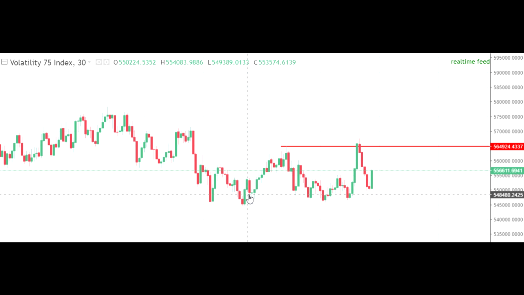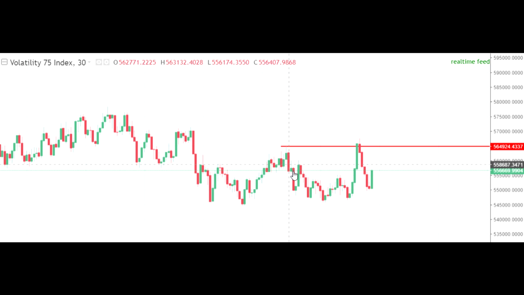bounced off this. Whenever price forms this type of setup, it is what we are trying to say, that price is actually trying to push away from a certain base. And in the instance where we are trending downwards and you have this kind of setup, this one actually went higher and broke the structure. Number two, it didn't just stop there, it went ahead to break this other structure here and broke this other high here. So we had a break in structure. This was the point where we had the break in structure.